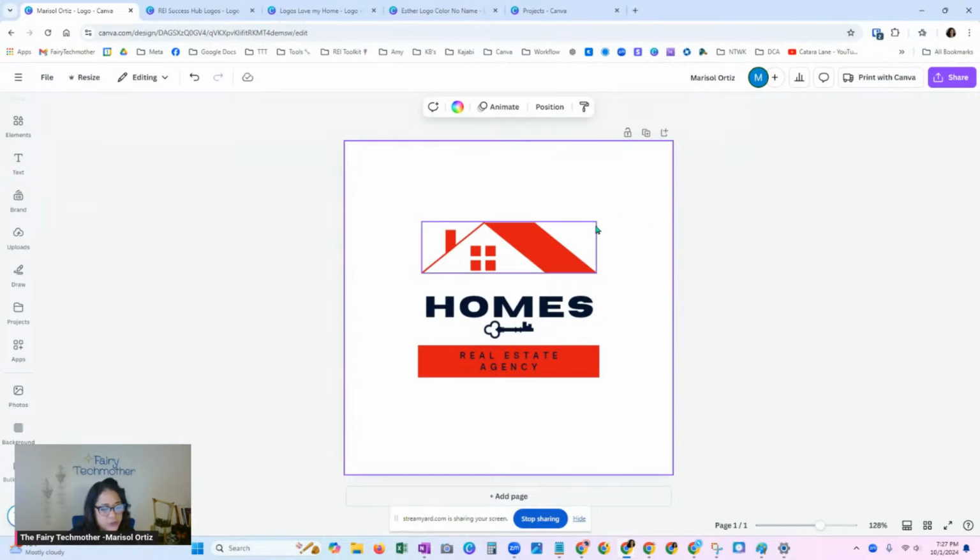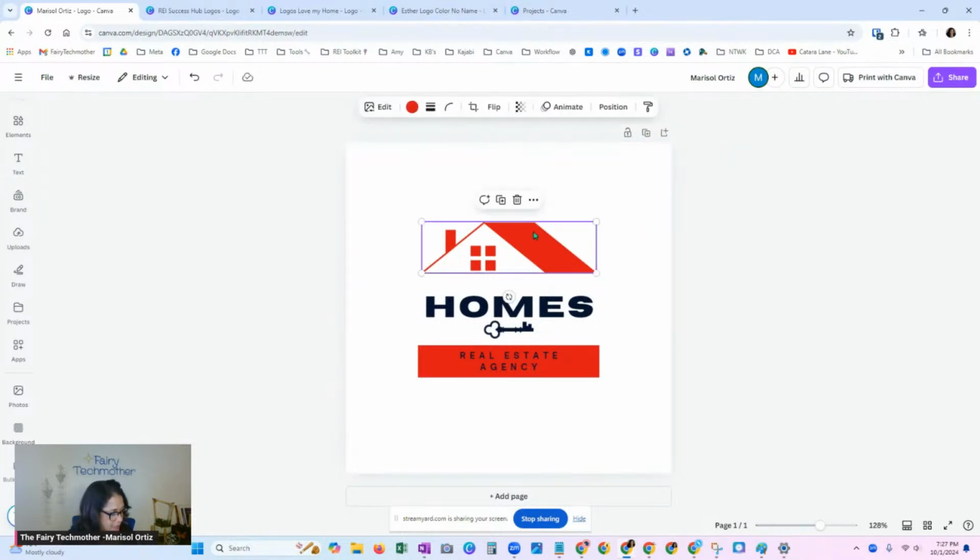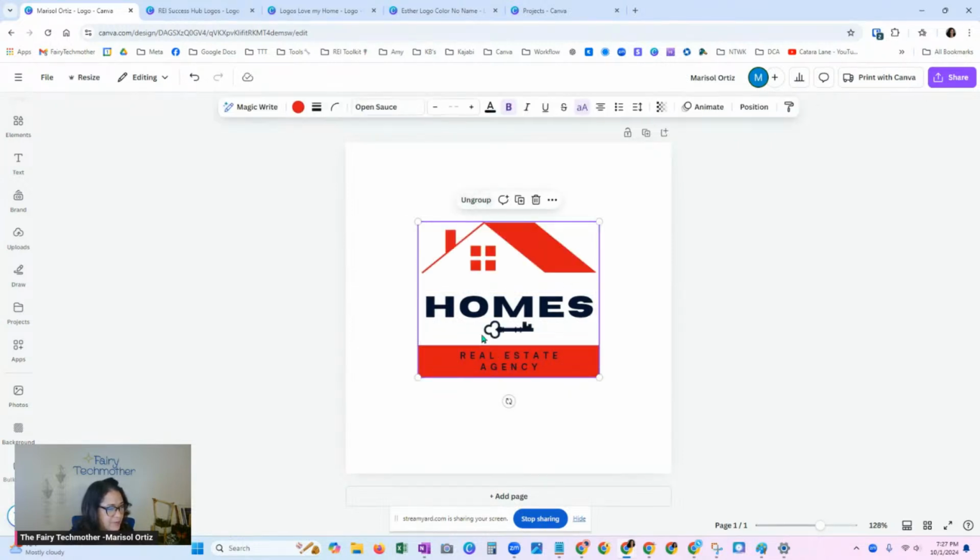So rather than doing one at a time, I'm holding down the shift key. Click, click, click, group. Now this is all grouped. You can always do Control A, which is like Control All, and select group as well. Now this is one element, one logo.